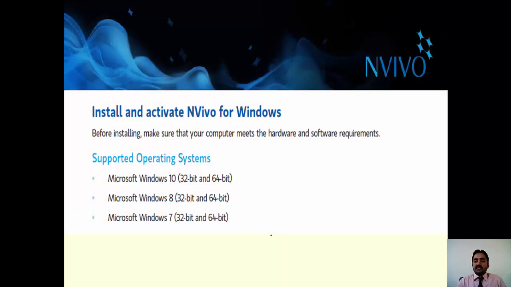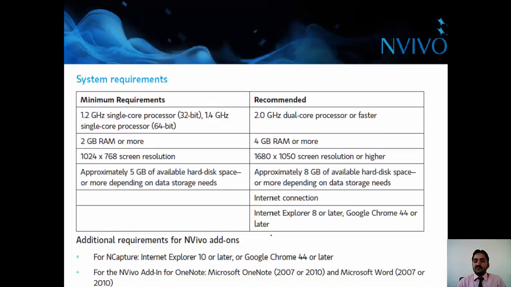Now we will see how to install and activate NVIVO for Windows. These are the system requirements. It can be installed on Windows 7, 8 and 10 on both 32 and 64-bit systems. So check your system requirements. Now these are the technical requirements which must be present in order to install NVIVO software. Minimum requirements and recommended settings of hardware, and at the end of the slide you can see there are certain